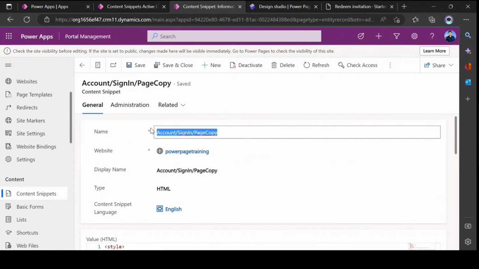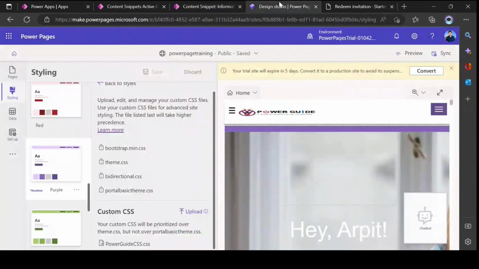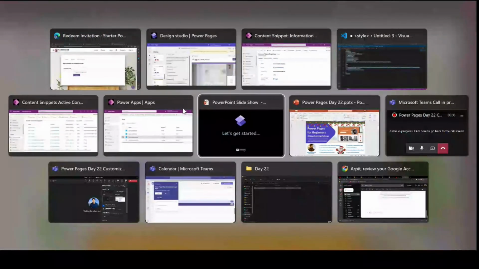I'm going to provide the link as well where you can find the exact name, so that you don't miss or put any additional character. Otherwise, you end up facing a lot of issues. So that's it. This is all about how you can customize the out-of-box login and registration pages of the Power